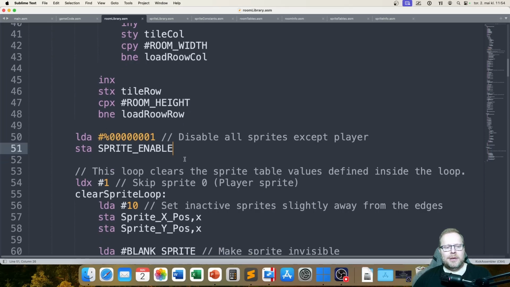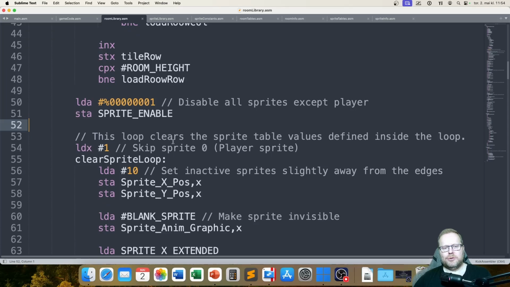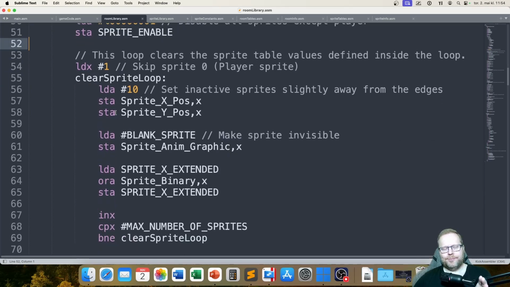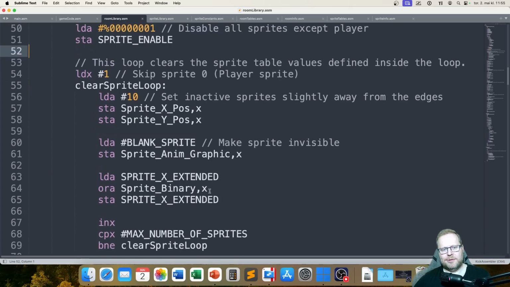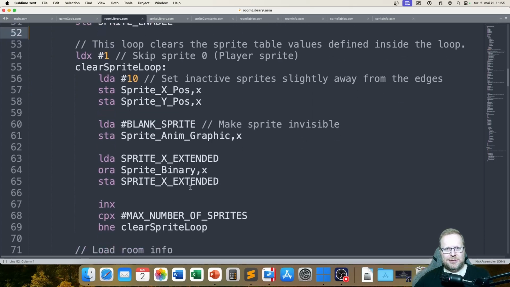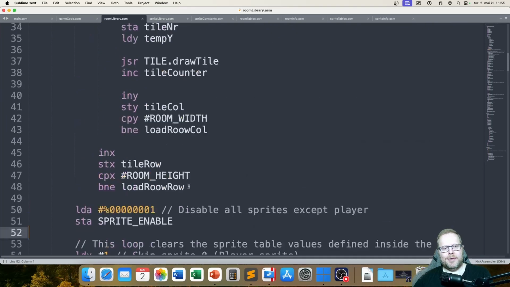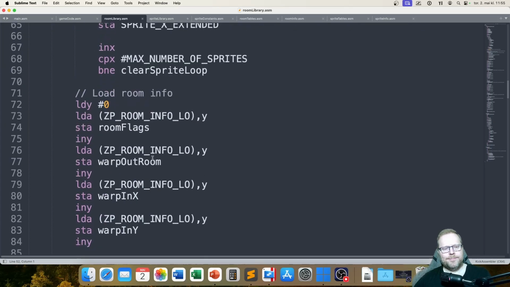Then we have this thing. This loop clears the sprite table values. Let's not go too deep into that right now. But the thing is that I'm making sure that when I'm loading the new sprites for this room, they have reset values. The point here is that I've loaded my background graphics and I've disabled the sprites, but then we get to